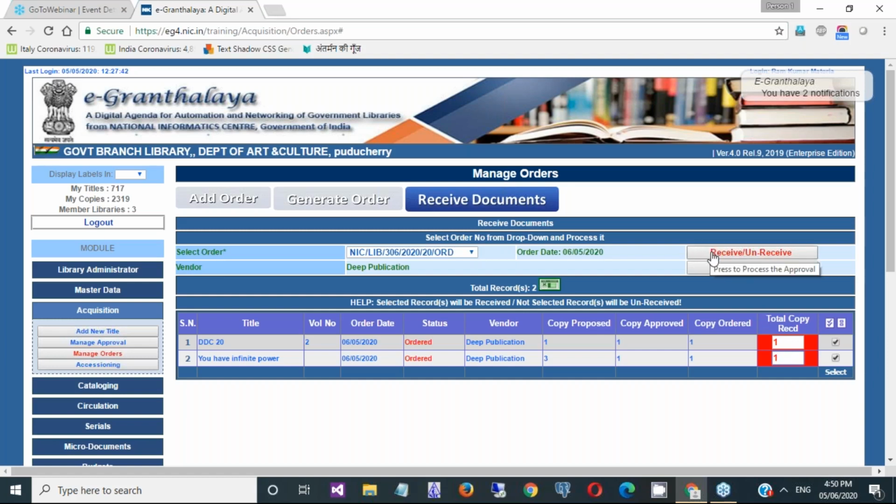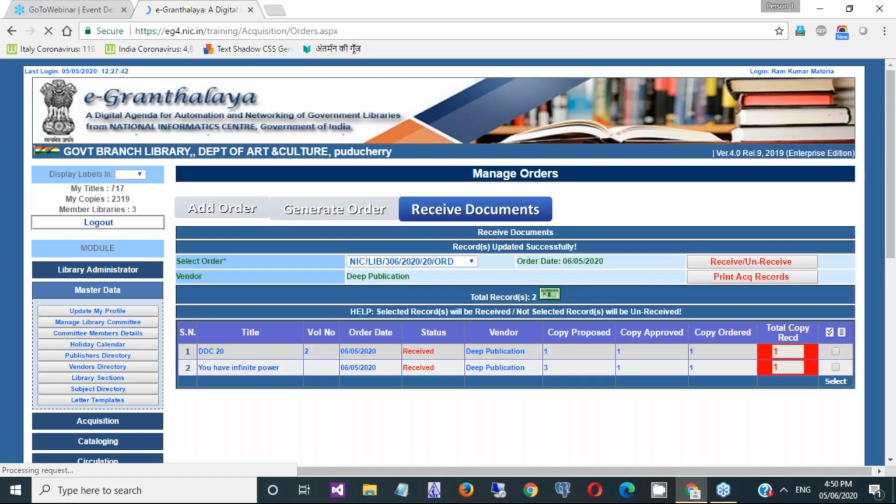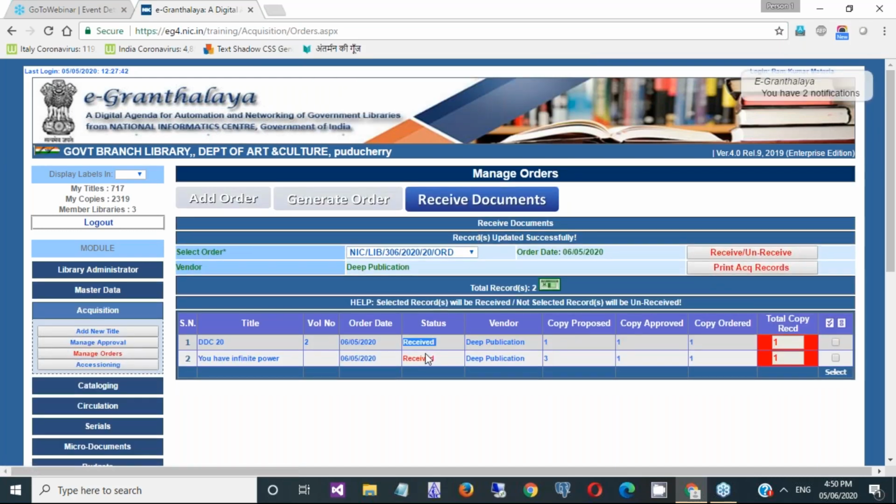After typing the data, you just need to receive the copies, and you can see here the status becomes received. Still you can unreceive all these copies, and then you can go backward. Then you can unorder, and even delete the approval, and then you can start from fresh.